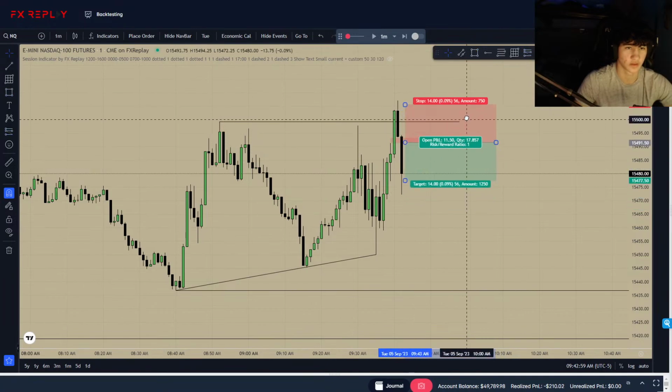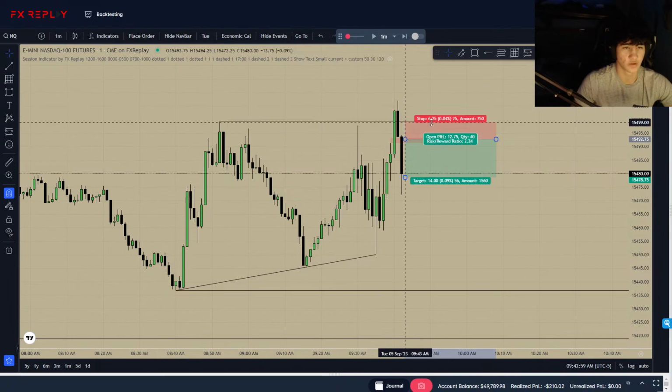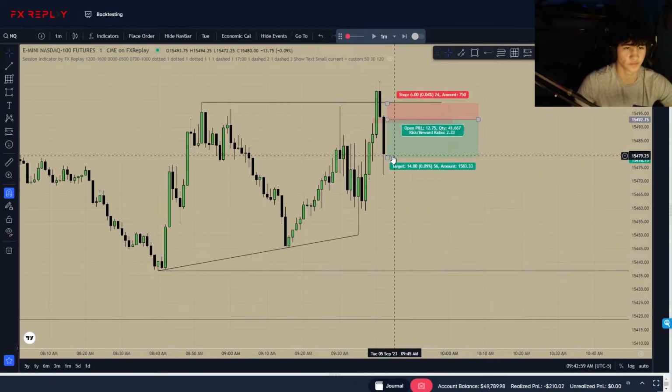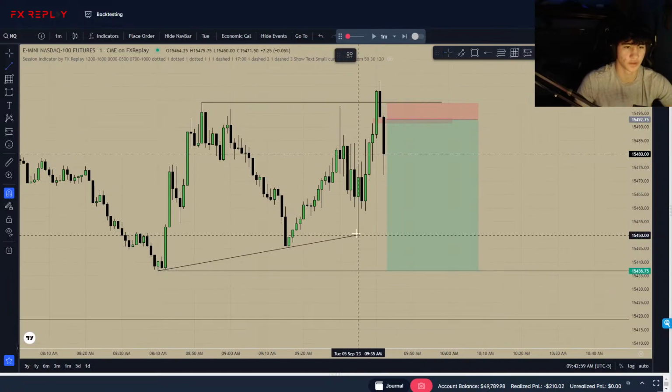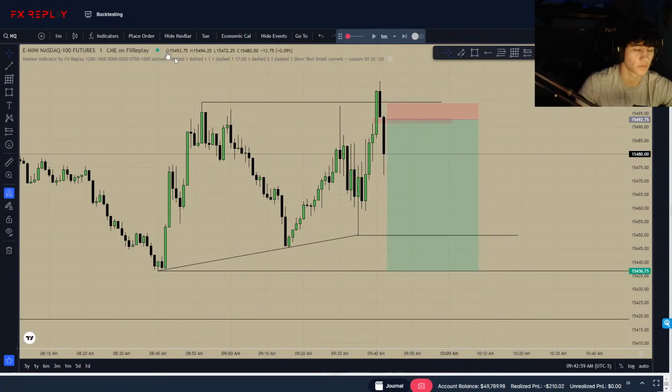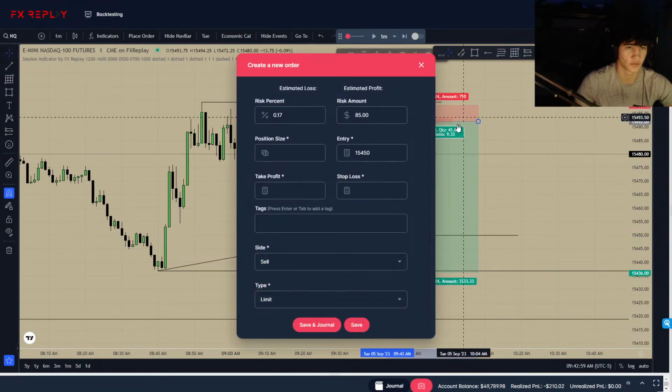Honestly, I'll set a limit for this. I would be calling out limits for this. And stop, I'd say mean threshold, this order block, like right up here. Target this low. It might be a little bit outrageous. Partials would be at this low. So, limits.